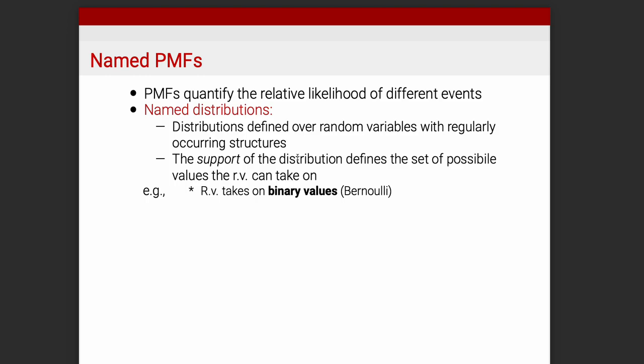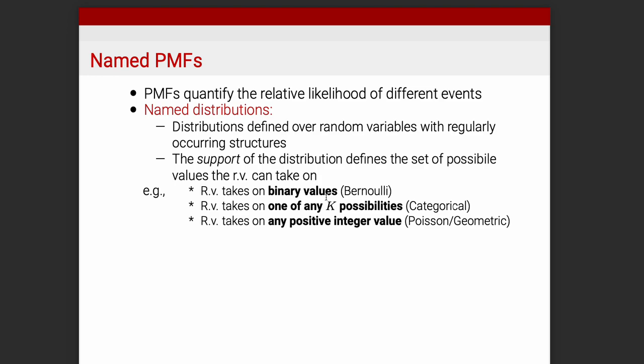But there are several different kinds of random variables that are named, and they're named because they work well over a specific support. So one kind of random variable might be defined over binary values. That's like the Bernoulli that we've been talking about. Another kind of random variable might be defined by taking on any one of k values. So it could be a 1, it could be a 2, it could be 3, all the way up to a k. That would define another kind of distribution known as the categorical distribution.